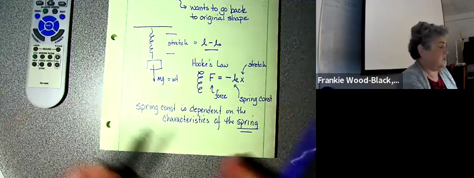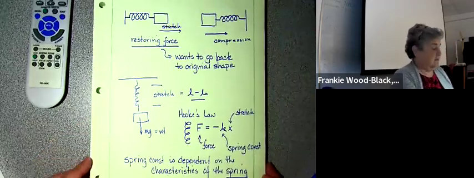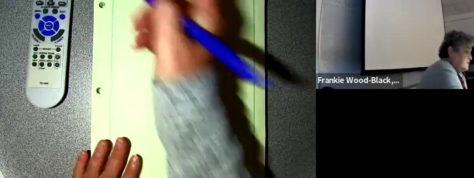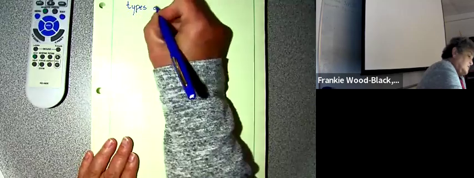We'll go over this a little bit more, but I wanted to make sure that you all had, when we're talking about different types of forces, the forces that we're going to play with. So, the types of forces we've discussed so far: